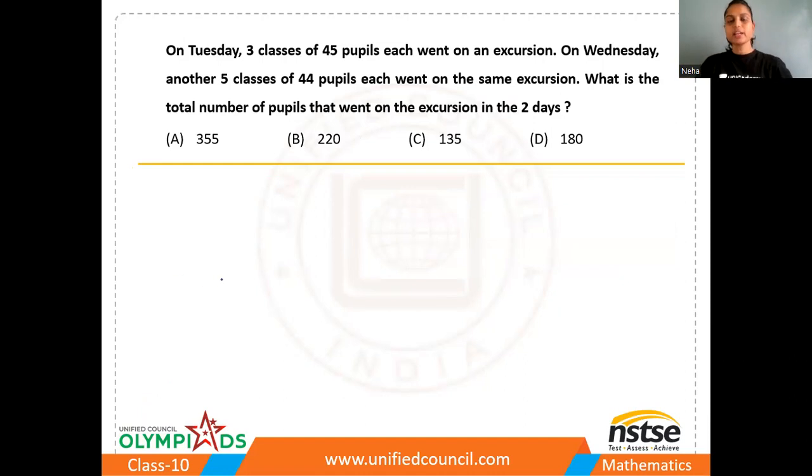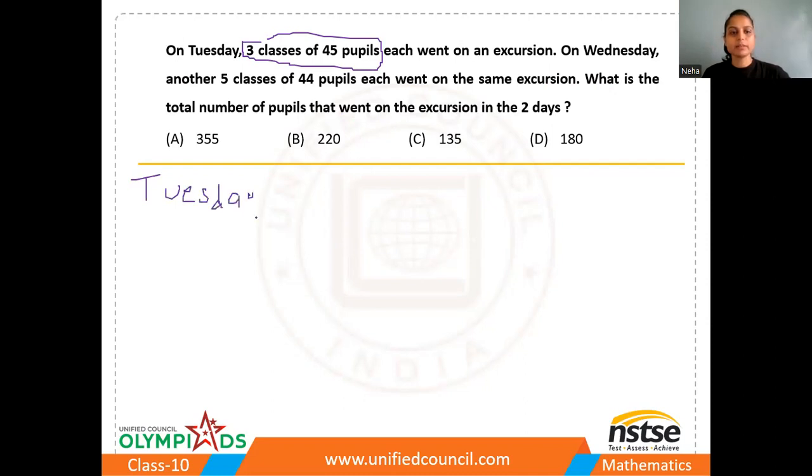On Tuesday, three classes of 45 people each went on an excursion. On Wednesday, another 7 classes of 44 people each went on the same excursion. What is the total number of people who went on the excursion in the 2 days? Okay, so 3 classes of 45 people. That means in one class there are 45 people, right? On Tuesday,